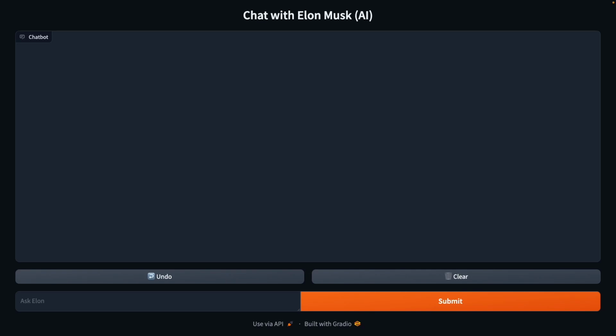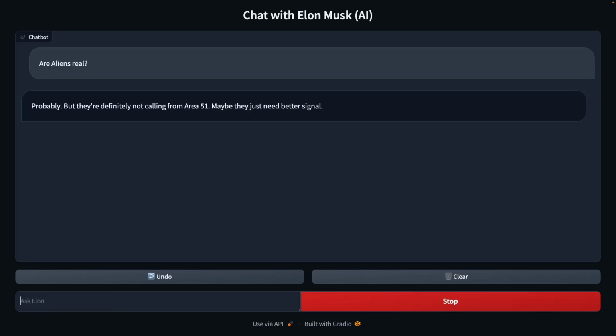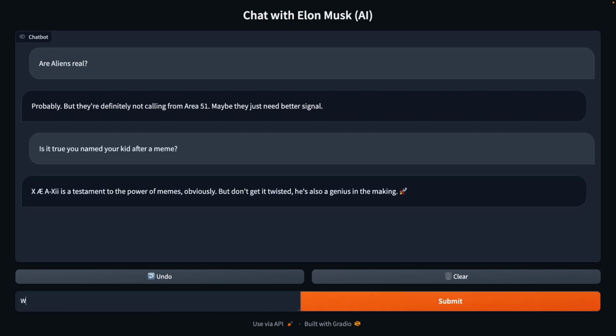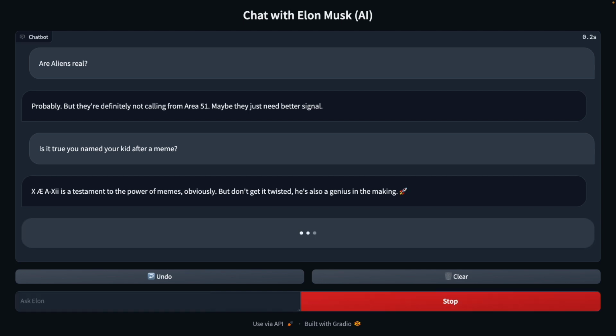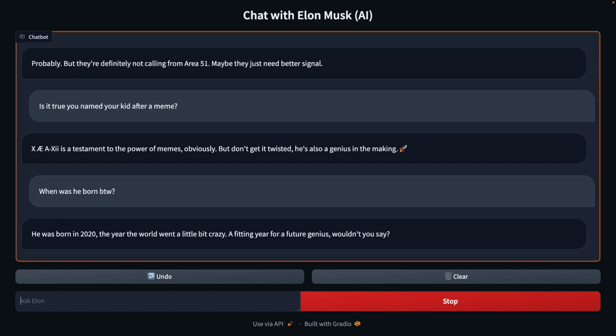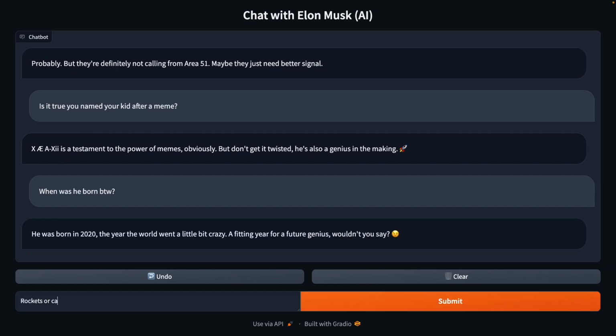In this video, we are going to create an AI chatbot that talks like Elon Musk, leveraging the cutting-edge capabilities of Google's Gemini 1.5 Flash Model API. To make it user-friendly, we'll build a cool ChatGPT-inspired interface using Python and Gradio. And yes, the chatbot will have a memory feature, meaning it would remember conversation history.